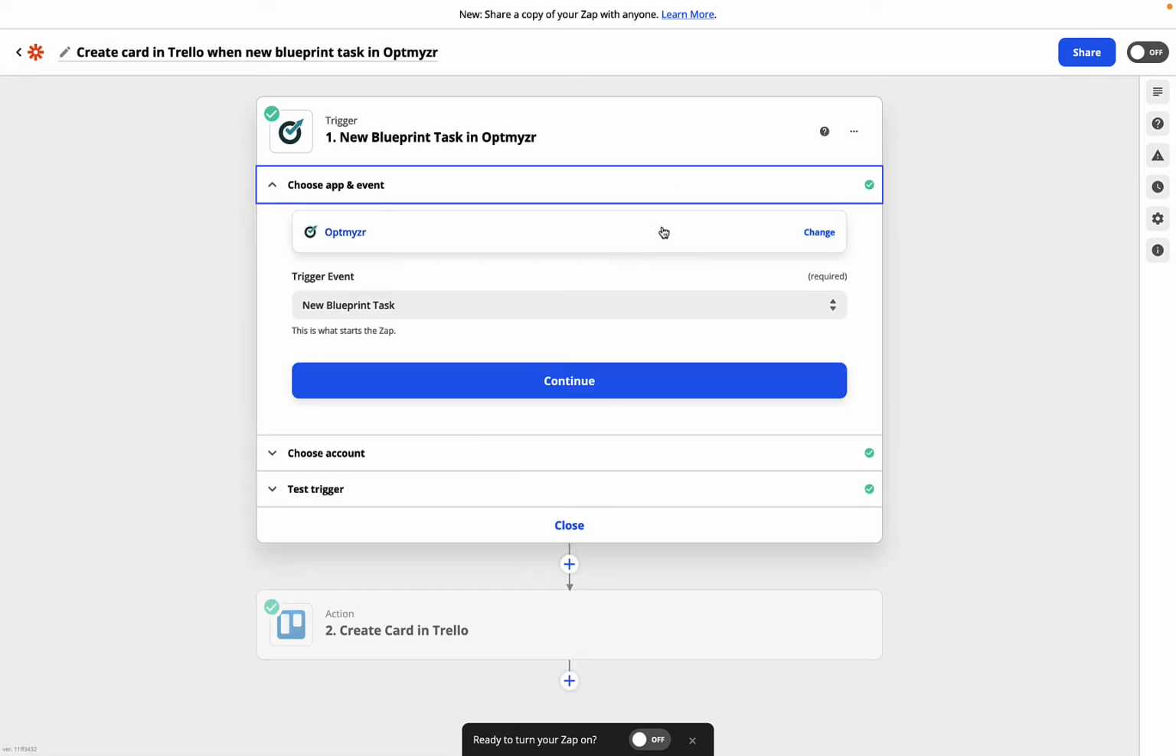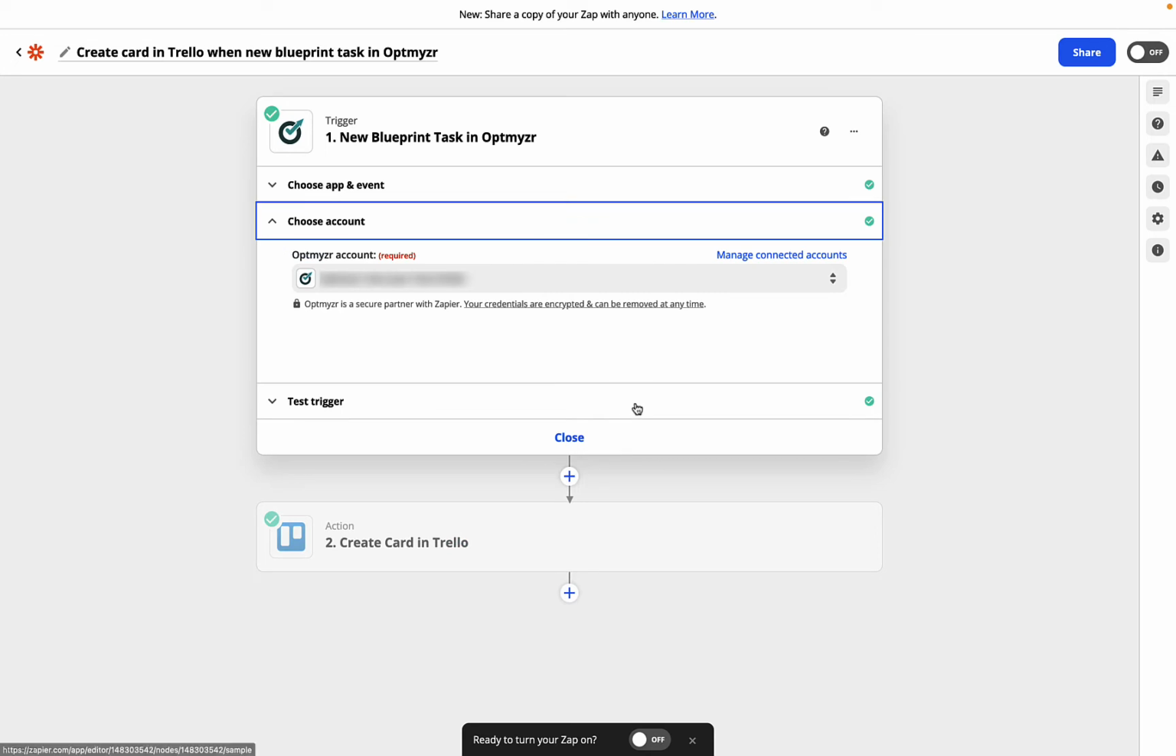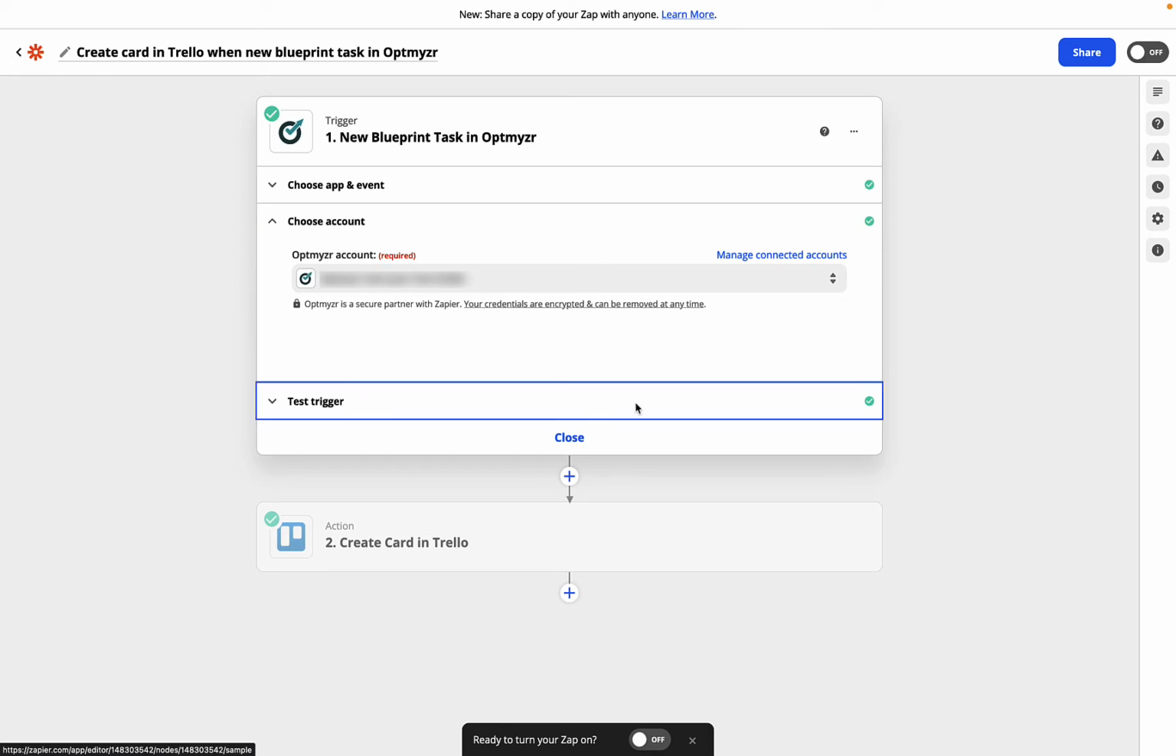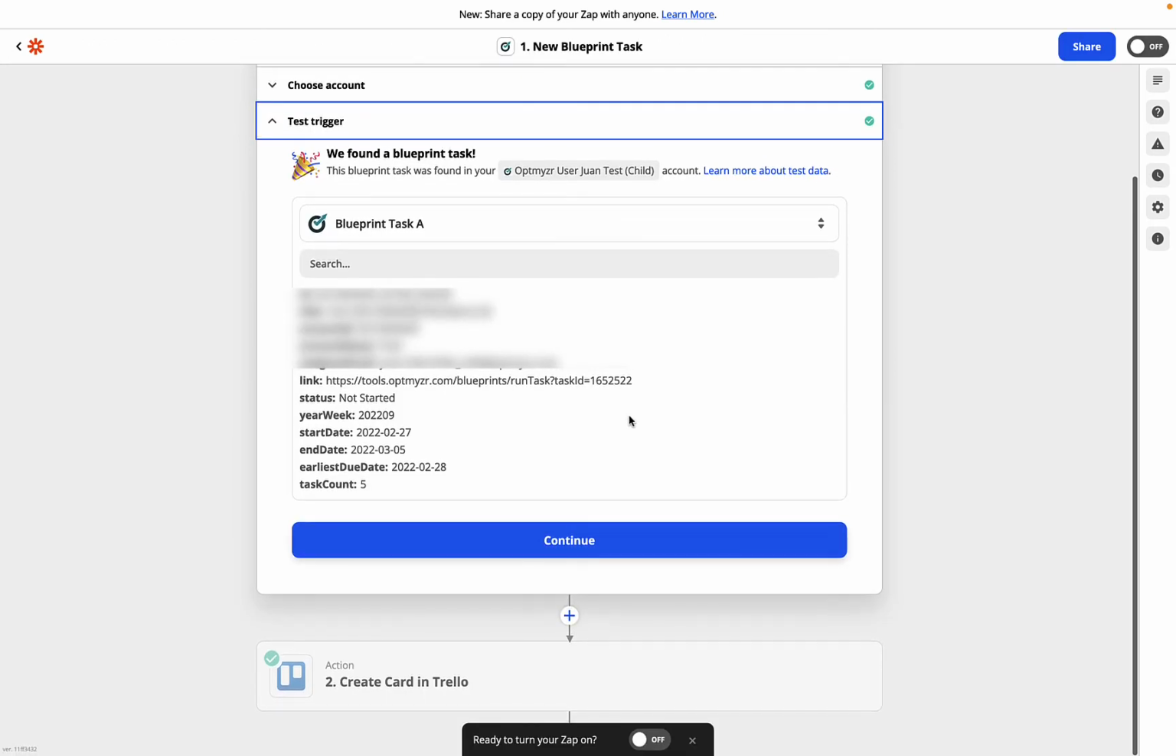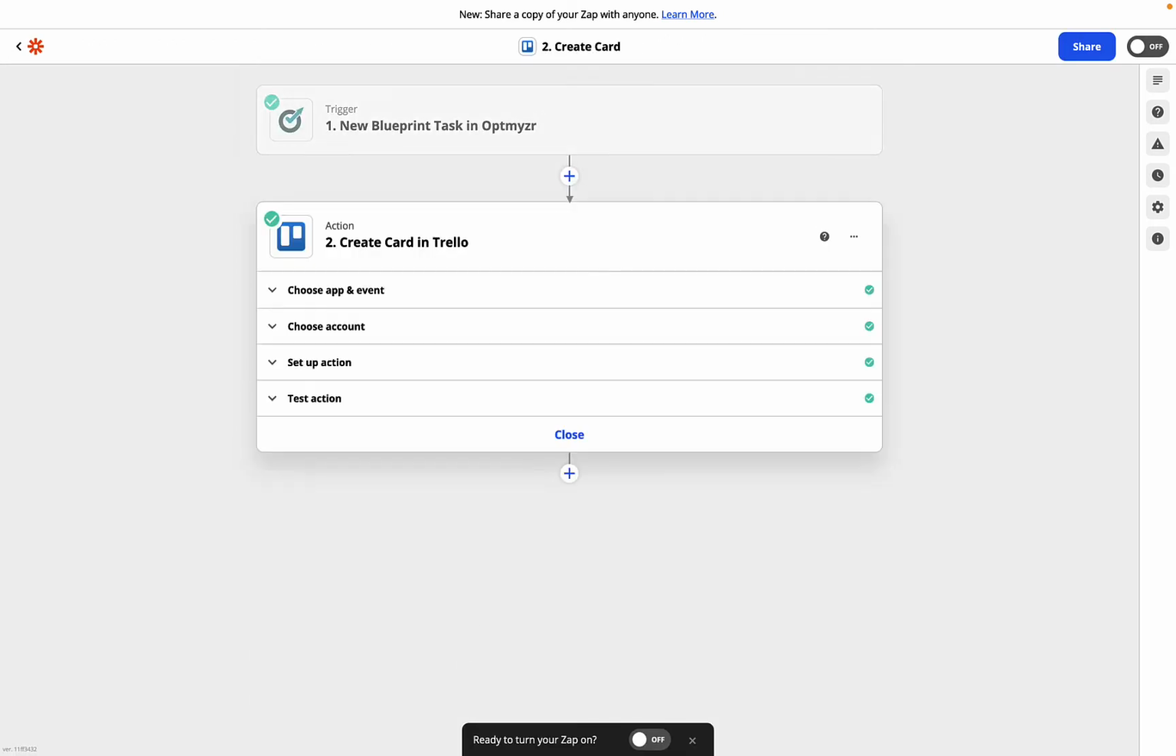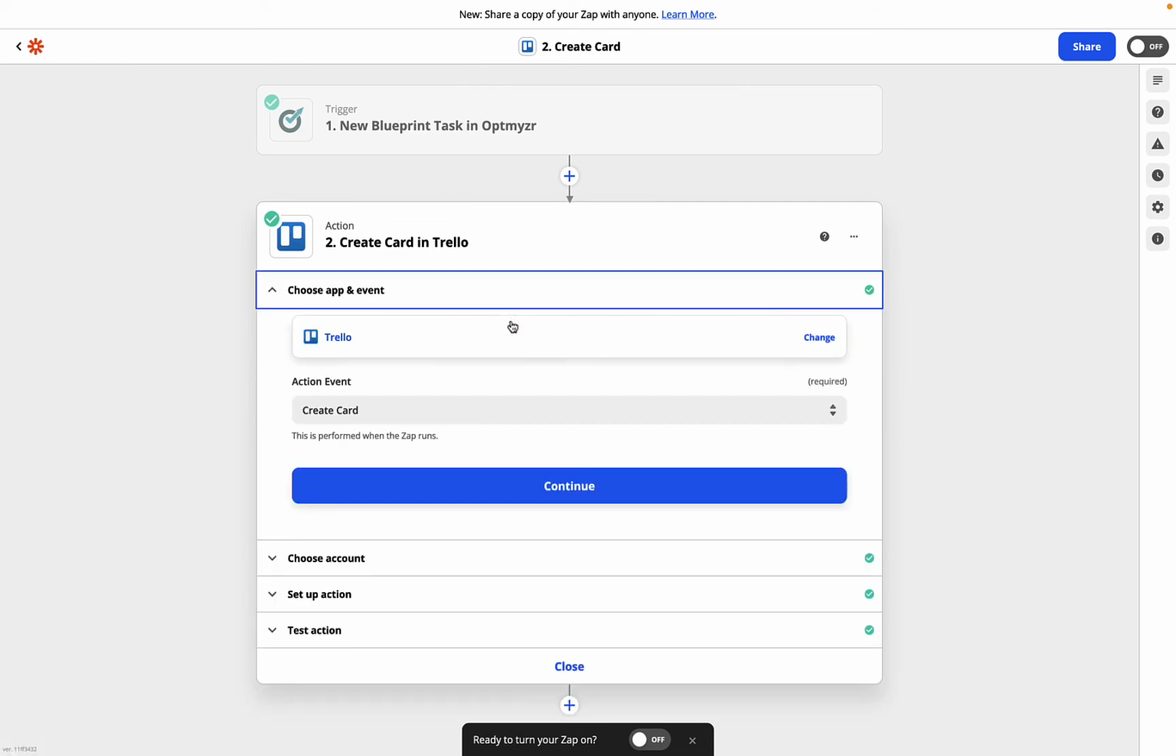Here, you'll need to, first, choose your Optmyzr account. This is where Zapier will ask you for the Optmyzr key. I've already connected my account. Second, test the trigger and proceed to work in the action. Here, you'll also need to connect your Trello account and fill out the details that you'd like to include in